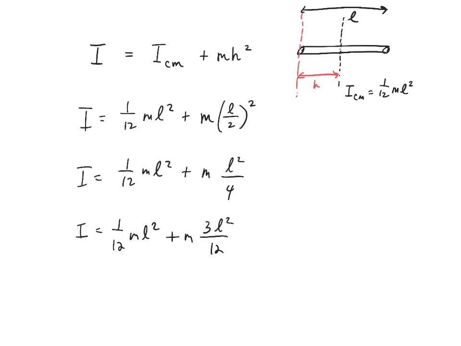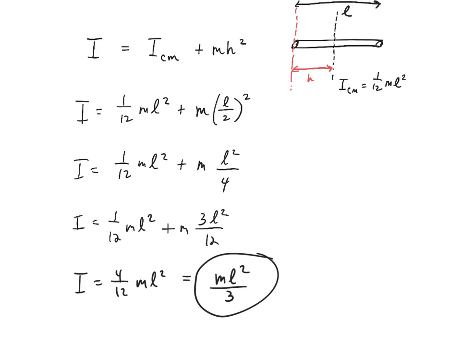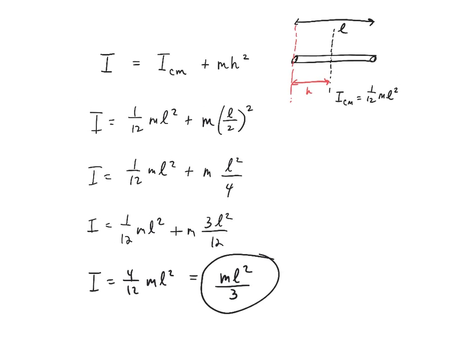And then we have here, if we look at this, we'll have 1/12 and 3/12, so that gives us 4/12 ml squared, which is really ml squared over 3. And that's what we derived a little while ago in the first part, or what the author derived, I should say, in the first part of that last video. So the parallel axis theorem,